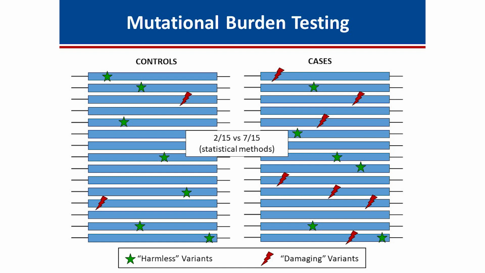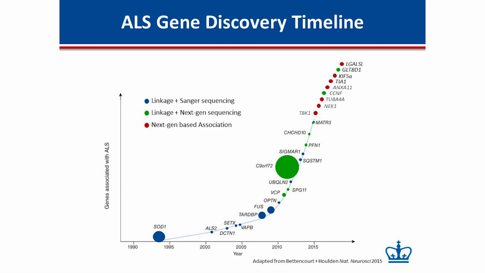And then the ones in red are the ones that look like they might. And if you add up the numbers that are seen in the controls and compare them to the number that are seen in cases, you can then use statistical methods to identify this region as being a cause of ALS. So we've now applied that to increasingly large cohorts, and back in 2015, 2016, we're the first group to identify